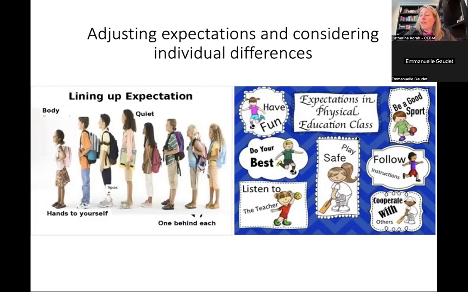The same thing goes for phys ed. I don't know if you've noticed, but the gyms in our schools are very echoey, and so it's actually quite disturbing and triggering for some of our students. Sometimes we have certain rules and regulations when it comes to phys ed, but our neurodiverse population need additional support measures in order to be successful in things like gym. So keep that in mind.